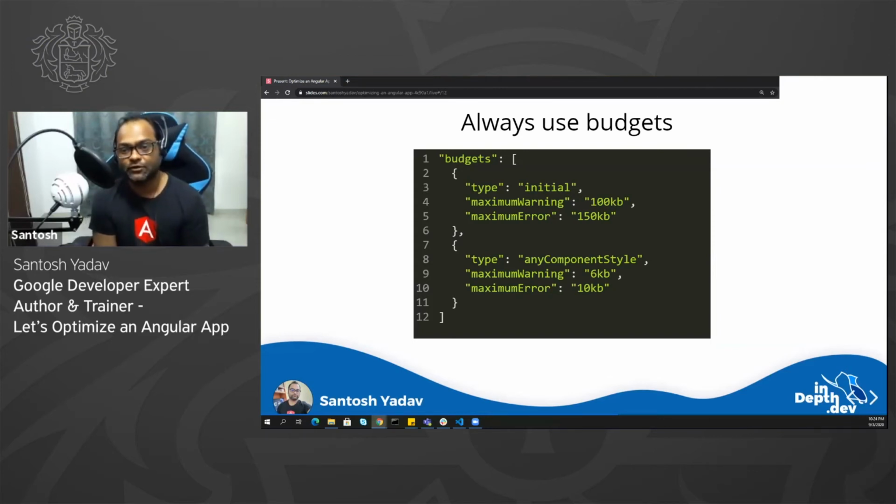So what I decided to do is, while doing my entire optimization, I decided to set the budget size specifically. So finally I could see, okay, after all the optimization, the initial bundle size, which was 9 MB, came down to 3.5 MB. We are saving 6 MB on the startup.